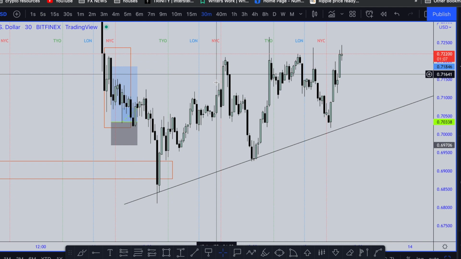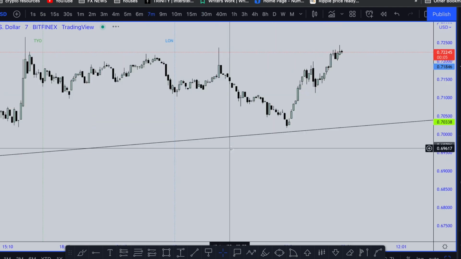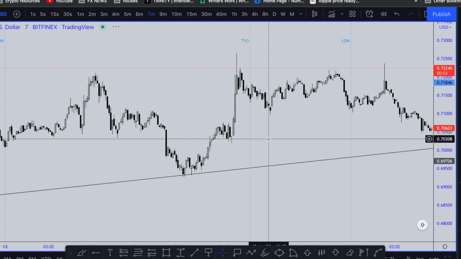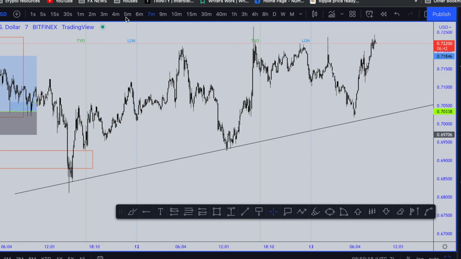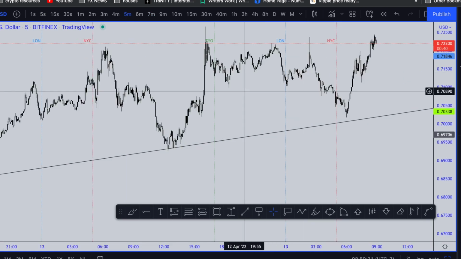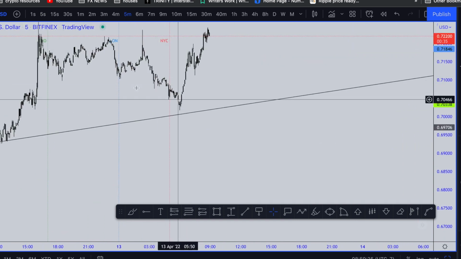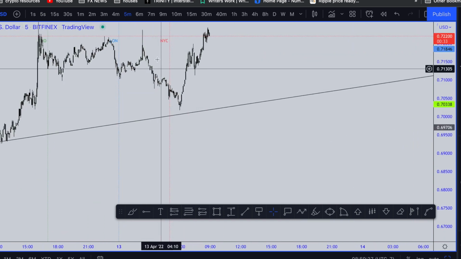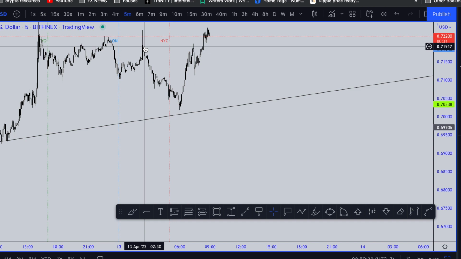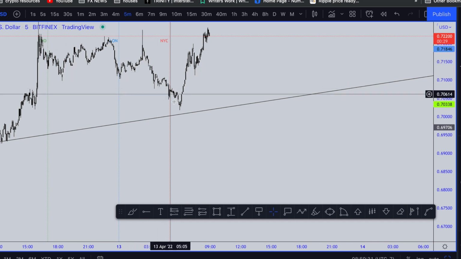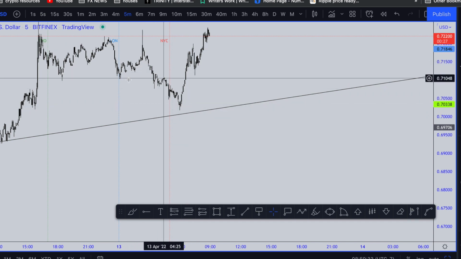Coming into this New York session, what can we see on price action? Guys, it's very simplistic. Don't overthink the markets. Don't overcomplicate things. Okay, so coming into this New York session, what can we see? Today's New York session has obviously taken another buy position, but same ideology, right? Where the market makers weren't going to buy from a high, they were going to manipulate price down to the lows and then take a buy position from discount.